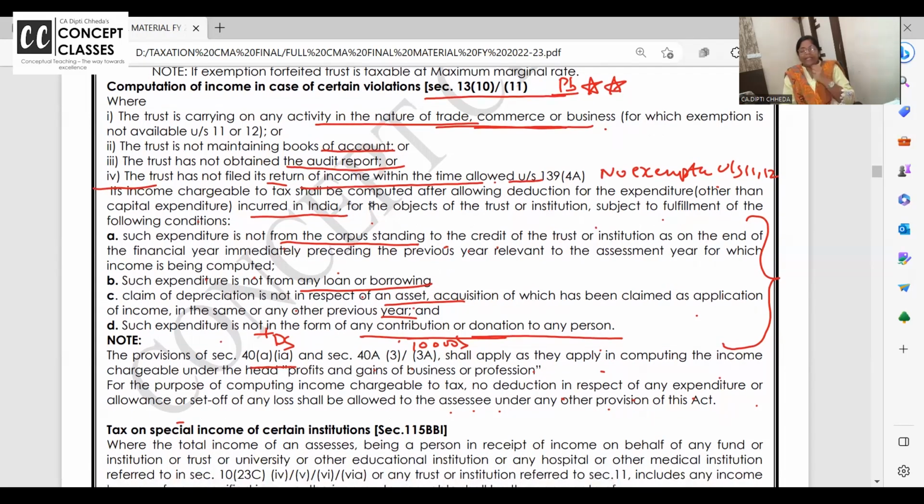But even though your exemption is denied, you need to take care of 40(a)(ia). That is, if you make payment to someone in India and don't deduct TDS, 30% is disallowed. But ma'am, I deducted and paid it later in December 24, the one that was left earlier. Will that be allowed? The answer is yes. Under 43B and all, any payment above 10,000 on a single day should not be made in cash.